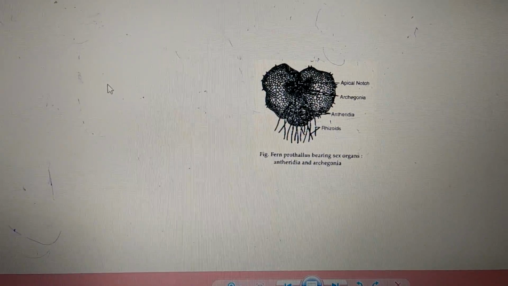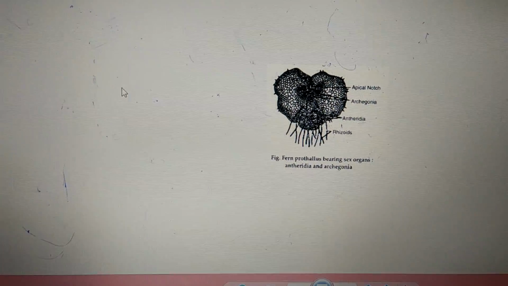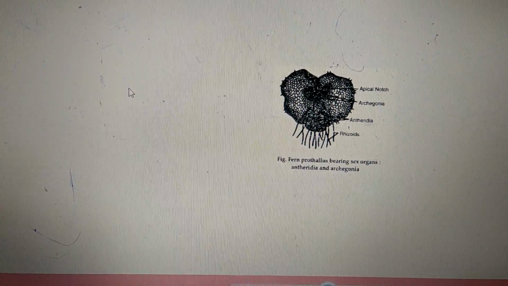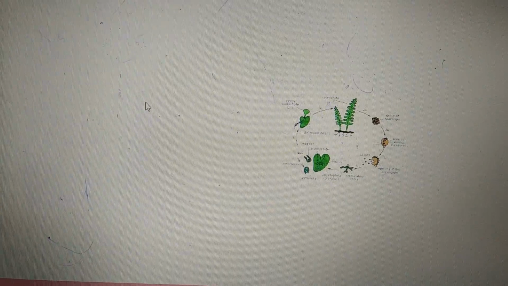Now the archegonium, as we all know, is a flask-shaped structure with two portions, that is venter and neck. Venter contains the egg, while the neck contains the neck canal cells. Antheridia are globose structures which produce multiflagellated antherozoids. They are going to swim with the help of water and reach the archegonia in order to fertilize the mature egg. So this was the gametophytic phase of Adiantum. So this is a life cycle.